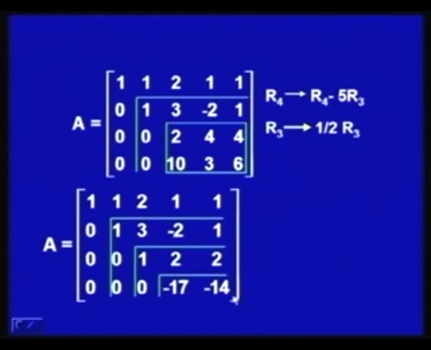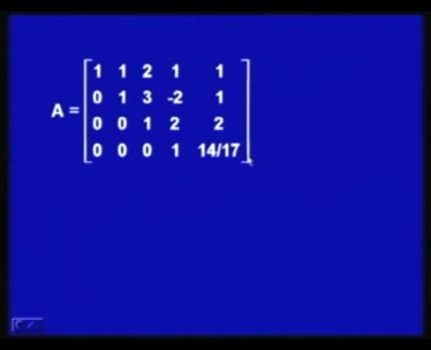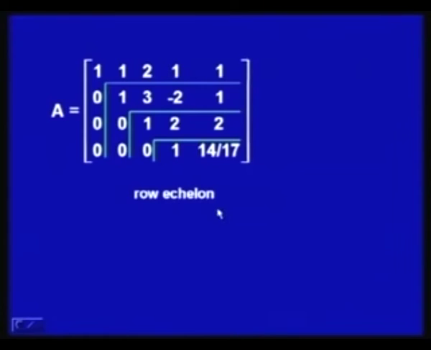Now, this is again a pivotal element. Now, this submatrix is to be reduced. So, I apply this operation and this operation will give me this matrix in this form. So, this is first row, first pivot, this is second pivot, this is third pivot and this is the fourth pivot, but this is not enough. It is not in row reduced form because of this non-zero element here, right. But this is in row echelon form, it is not in row reduced echelon form, it is simply row echelon form.